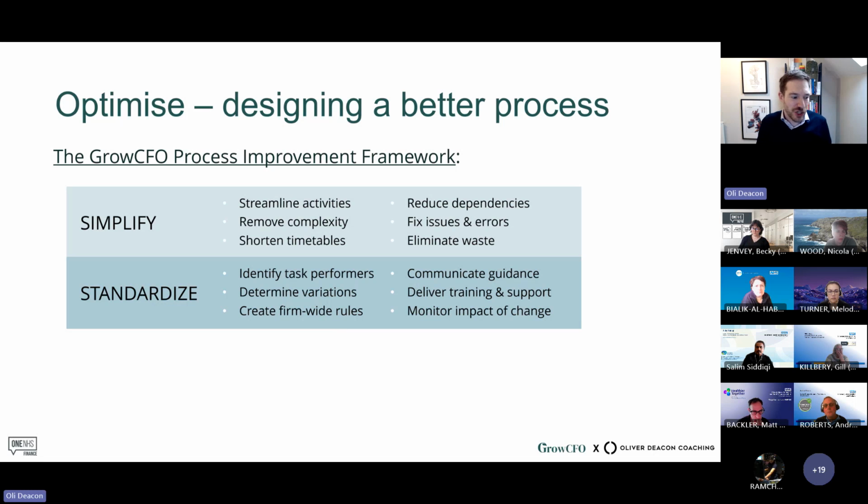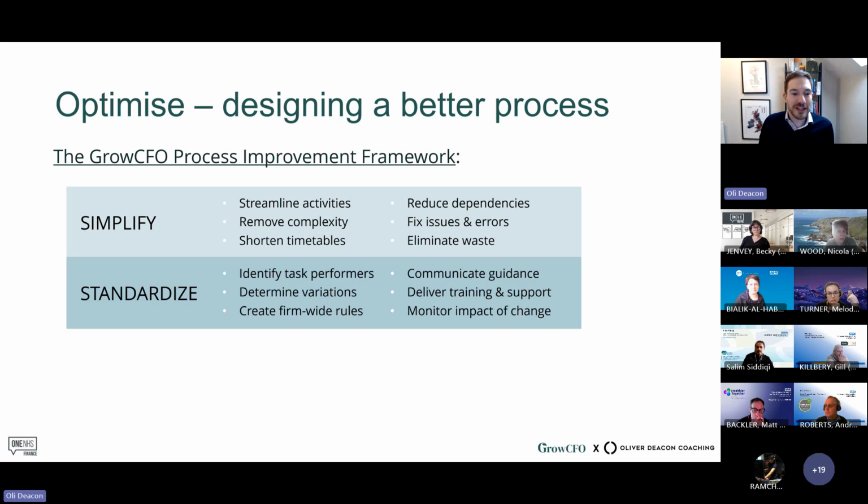Now, standardization is the magic. Standardization means that if you went across 100 different trusts, every person processing an invoice would pretty much do it in the same way. Now, if I asked 20 of you here today, folks, to write down how you would do the same process, I'm going to guess that I would get between 15 and 18 different answers on how that would work, slightly different across everybody. But what we want is we want everything to be done the same way.